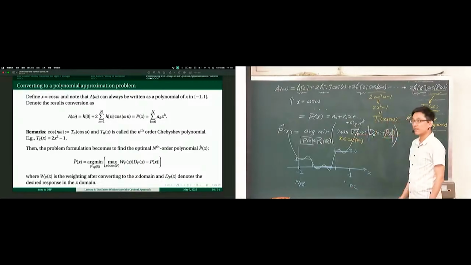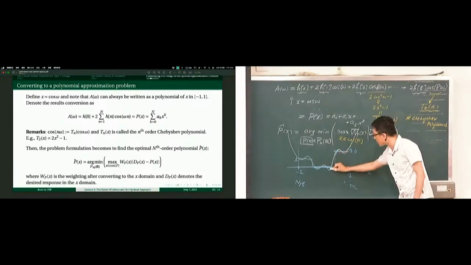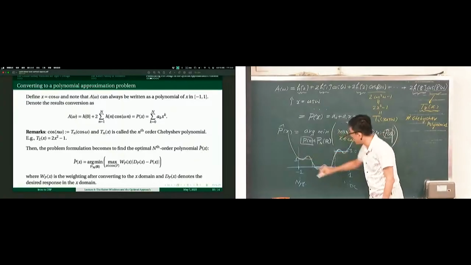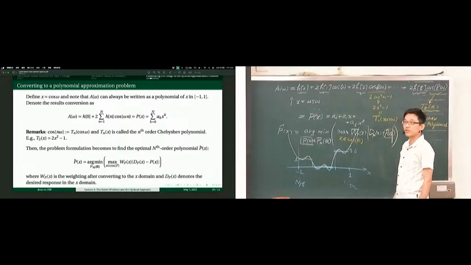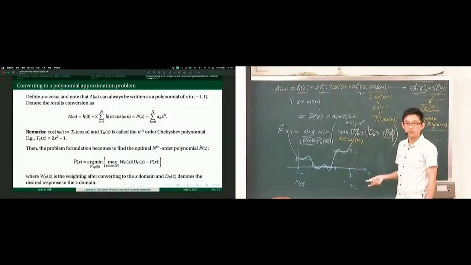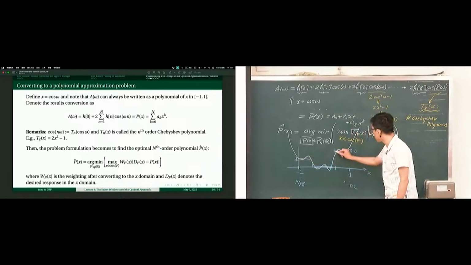Find a polynomial, which in general is a continuous curve, that best approximates your target function passing through all the bands with a minimal maximum approximation error. And the error is weighted. Okay, that becomes our job. That makes sense? It becomes a polynomial fitting problem, simply put. Fit the polynomial which best approximates your piecewise constant